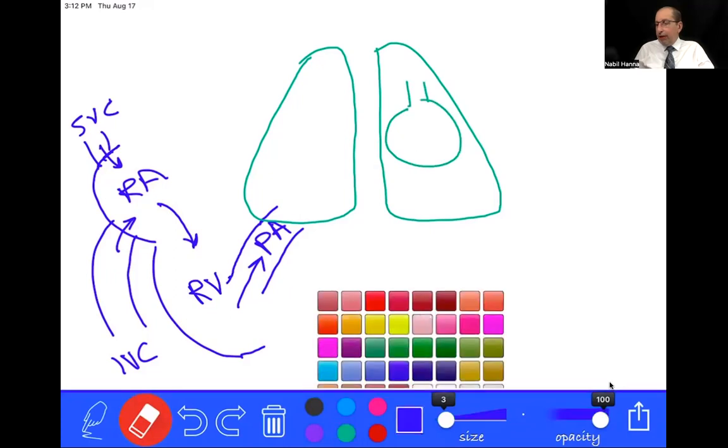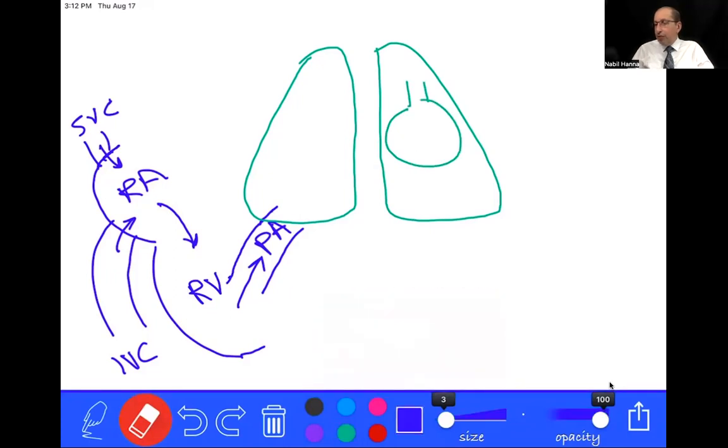Now, the pulmonary artery will keep branching into smaller arteries until we finally get to the pulmonary capillary that surrounds the alveoli. So all alveoli are surrounded by these pulmonary capillaries, and these pulmonary capillaries carry the venous blood, the deoxygenated blood coming from the right side of the heart. So here, the venous blood